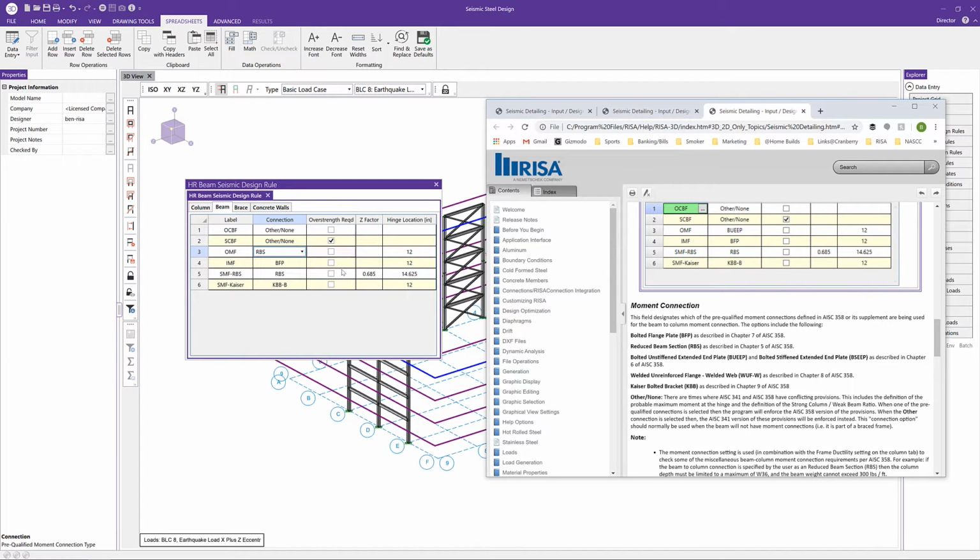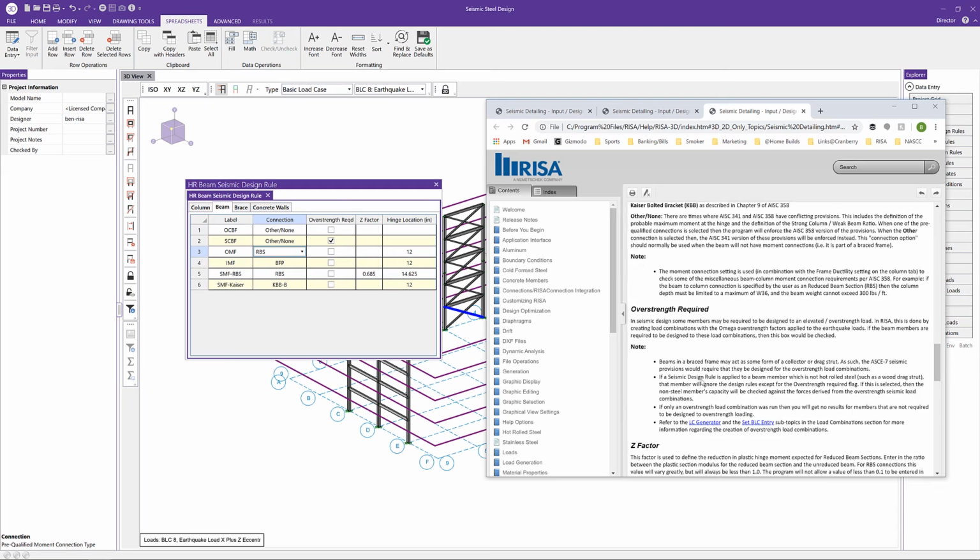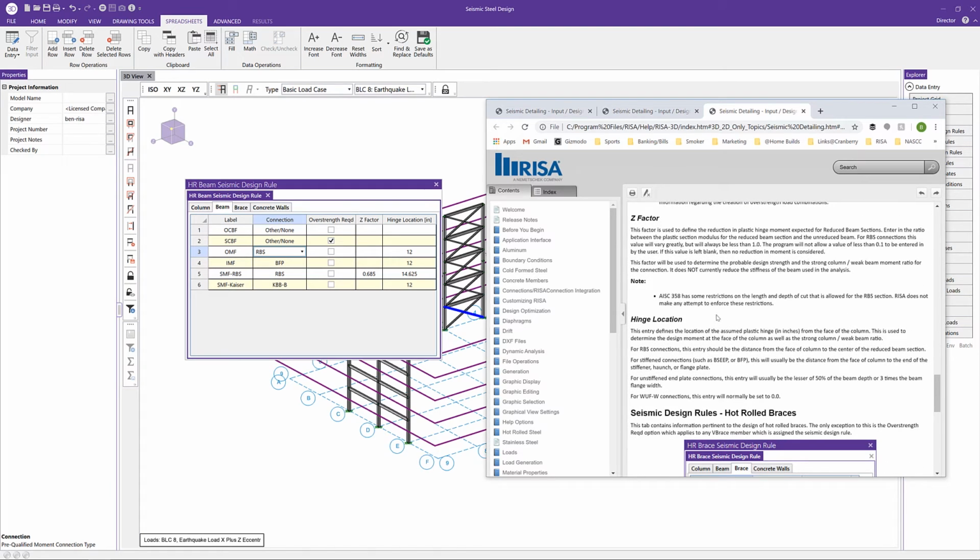We also have the option for whether or not we want to require overstrength for the different beams. In this case, maybe we'll just keep overstrength on for our special concentrically braced frame. We also have the Z factor. That Z factor is used to define the reduction in the plastic hinge moment expected for the reduced beam section, and usually that value is between 0 and 1. We have a section with all the information about that in the help here. And finally, we have our hinge location. We can set our hinge location along the length of the beam based on how we want to analyze